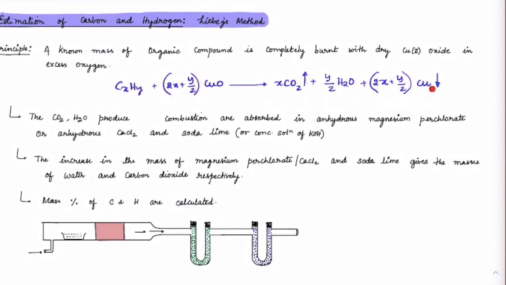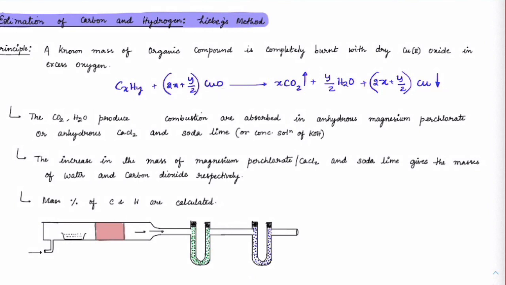This is what is expected to happen in Liebig's method. So rather than simply directly combining with oxygen, I am using CuO. The purpose why we are using that CuO, let me show you. Got it? Here we are using oxygen anyway. See, we are using excess of oxygen, but in the presence of CuO, we will see that copper oxide will get reduced into copper form.